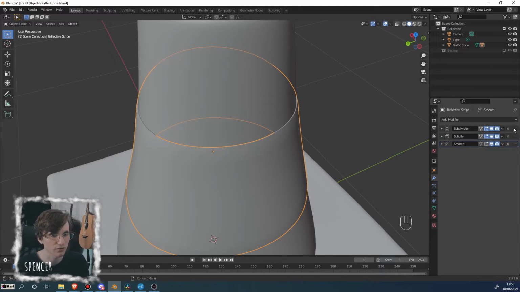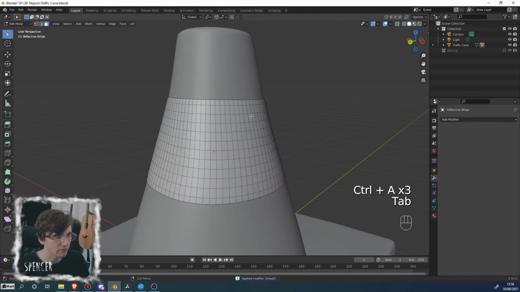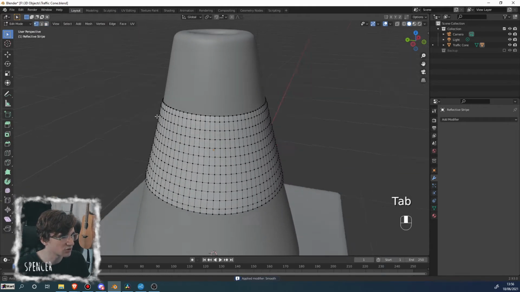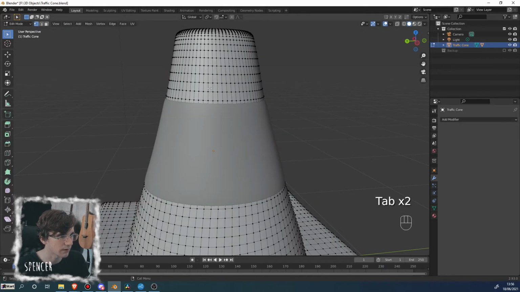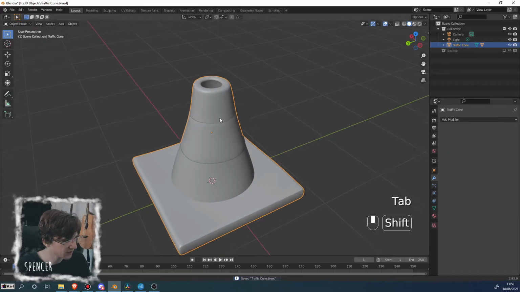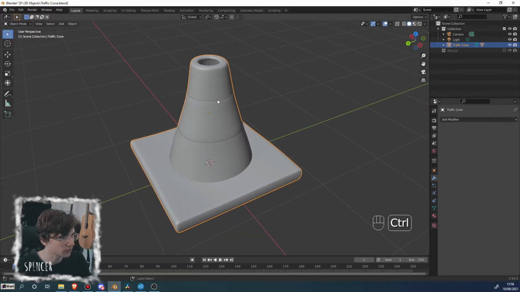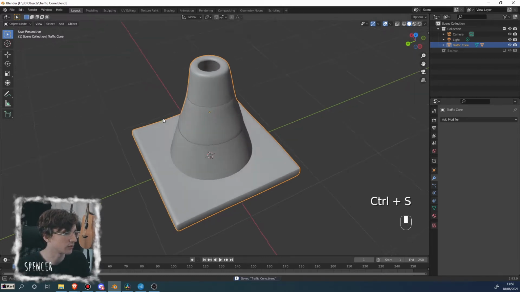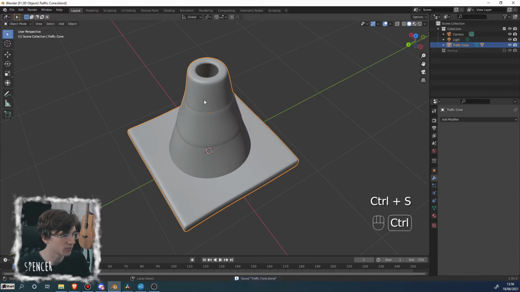So what I'm going to do is click the subdivision and apply that first, then solidify, apply, and then smooth, apply. And there you go. We've now got a whole bunch of little vertices all ready to be sculpted. So next, I am going to head over into the sculpting workspace, which you can get into one of multiple ways. You could either Control Tab into